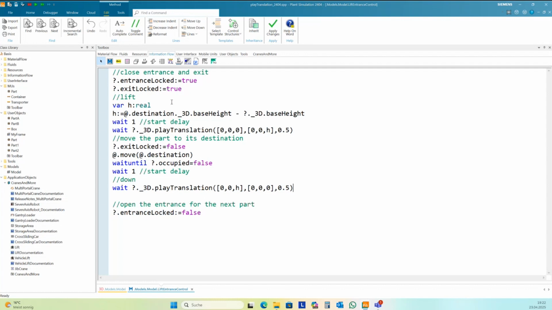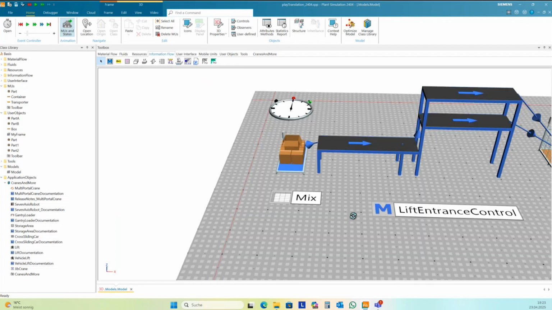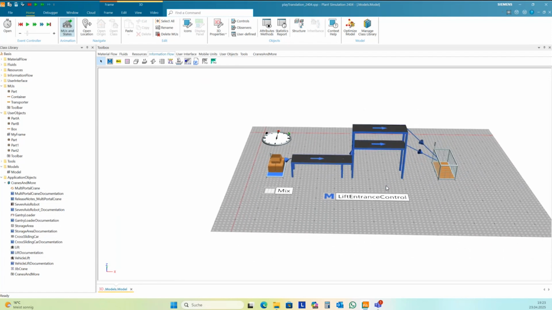We calculate the heights dynamically, and so we can check this out.